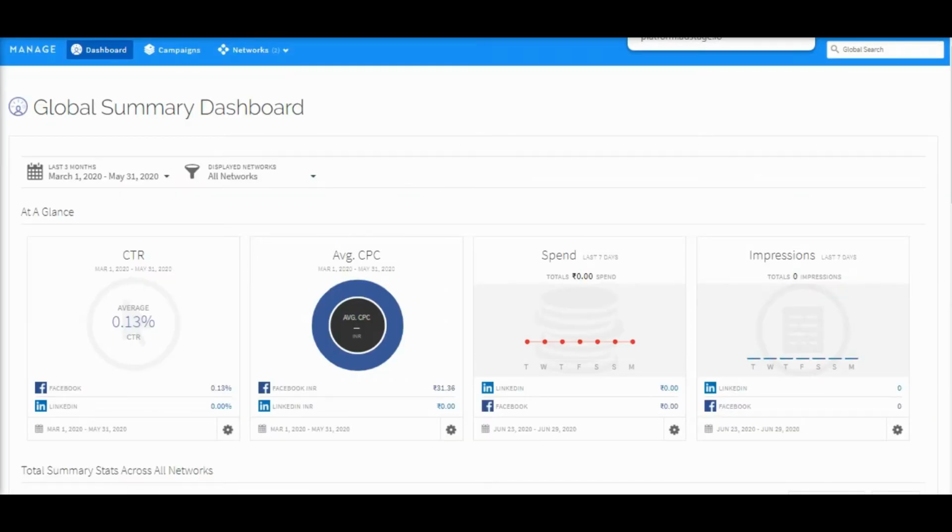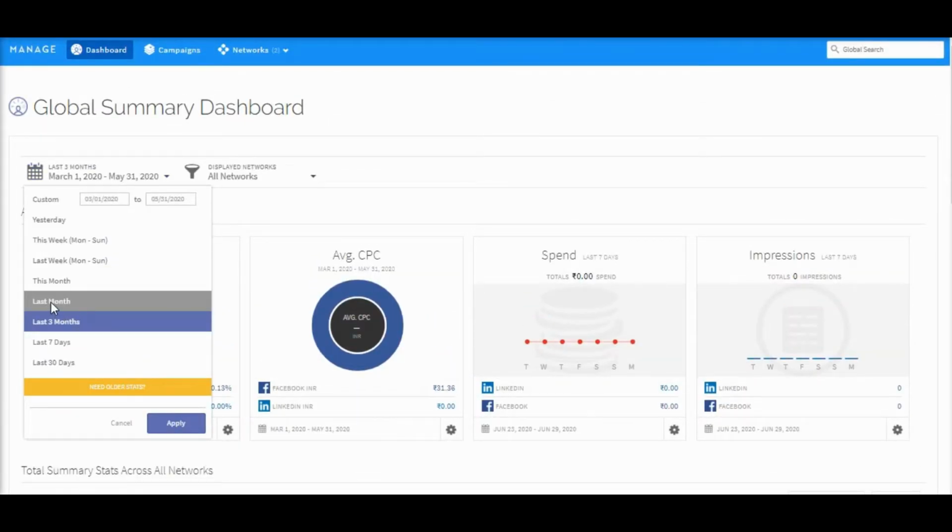The major problem while managing ad campaigns is tracking. How do you track your audience using detailed analytics? Here is a global dashboard that provides you detailed and deep analytics of your ad campaigns, with which you can track your audience and measure them on different metrics and parameters. You can also customize them for a time span, like 1 month, a custom time period, last 7 days, and etc. So here I'm going with the last 3 months.